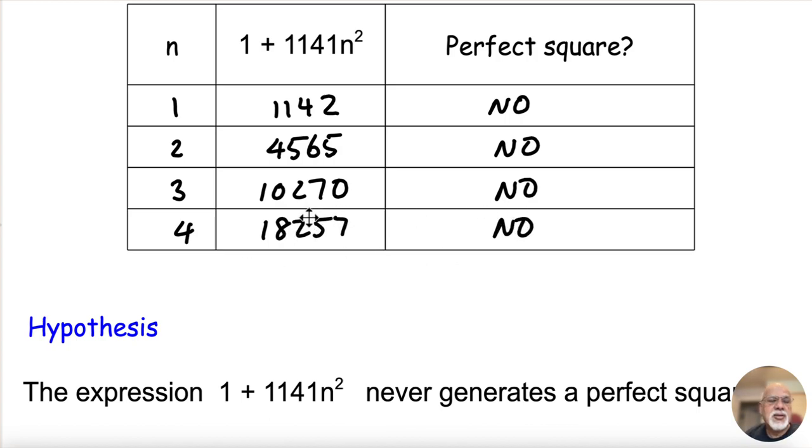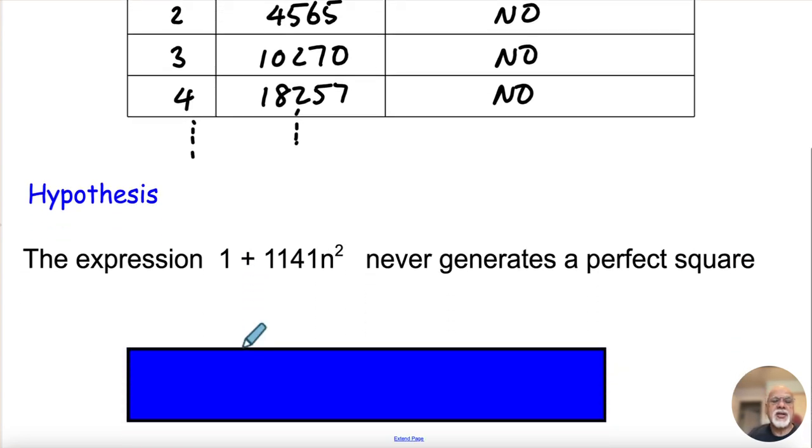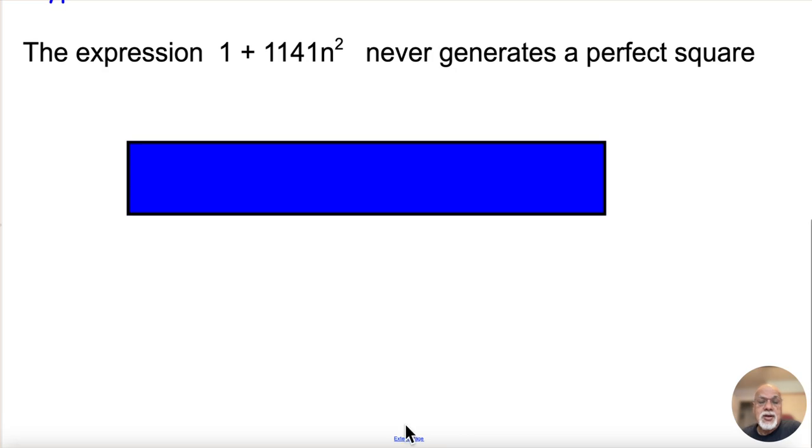And so you might think that, gee, maybe this formula 1 plus 1141 n squared generates non-perfect squares. And you could keep going like this. And you might make the hypothesis that 1 plus 1141 n squared never generates a perfect square. Well, if you made that hypothesis, you'd be wrong, because this number,